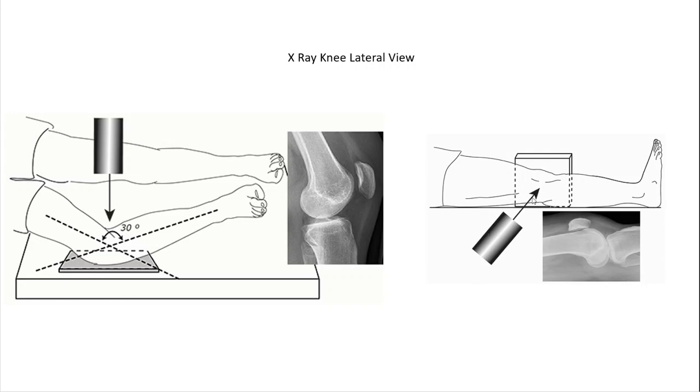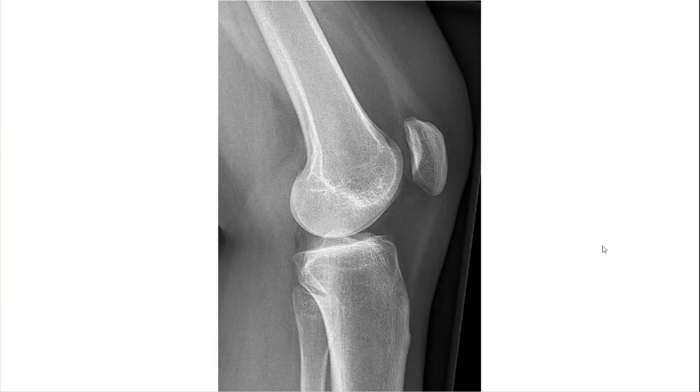Whereas in cases of trauma where the patient cannot move his limb laterally, in that case we use a horizontal beam where the X-ray source is positioned lateral to the knee joint, and the X-rays enter horizontally from the lateral aspect, and the photographic film is placed between the two knee joints, so on the medial aspect of the joint being visualized, right? So here the knee joint is not flexed to 30 degrees. Okay, so this is the lateral view.